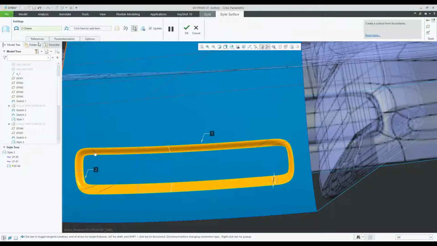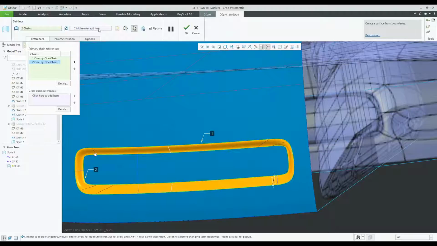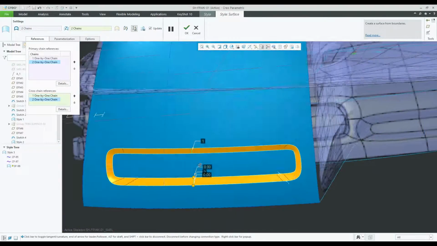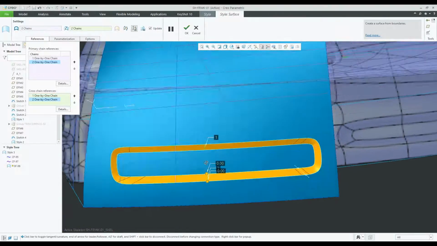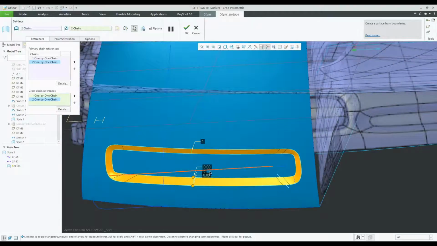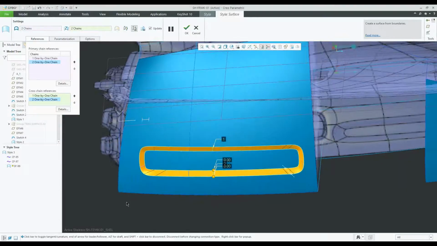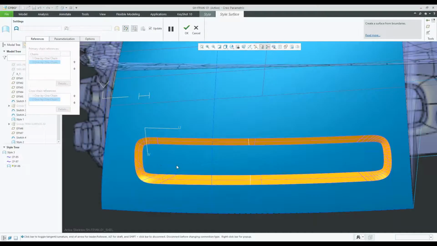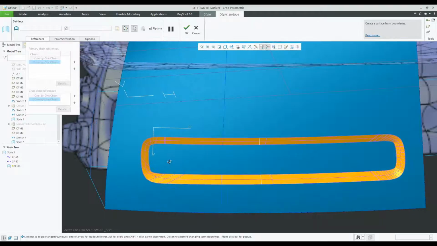Okay, and then we're also going to create these cross chains. Let's go up here in this collector and select these 2 curves that we created. Here's 1, and then here's 2. So we also have this reparameterization tool. If I right-click, you can go to reparameterization, check this box, and this gives us a little bit more control in aligning the